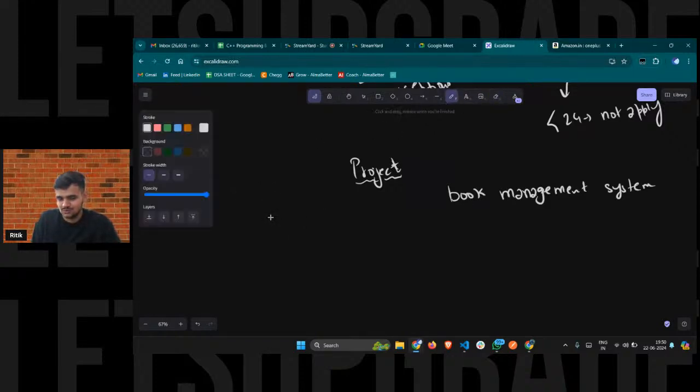Let's suppose you are working in a library. You are the owner of a library, right? A library has a lot of books, and let's suppose you're designing a software to keep a track